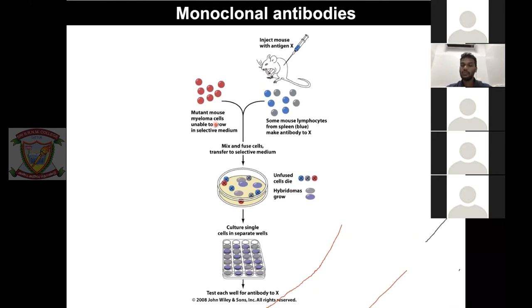So you get a new cell that is capable of producing more and more antibody, but also can multiply into several copies. So now you make more and more copies of this antibody, and that can be used for testing. All those earlier tests that I have shown, you need to load the antibody. That antibody actually comes from this kind of synthesis.